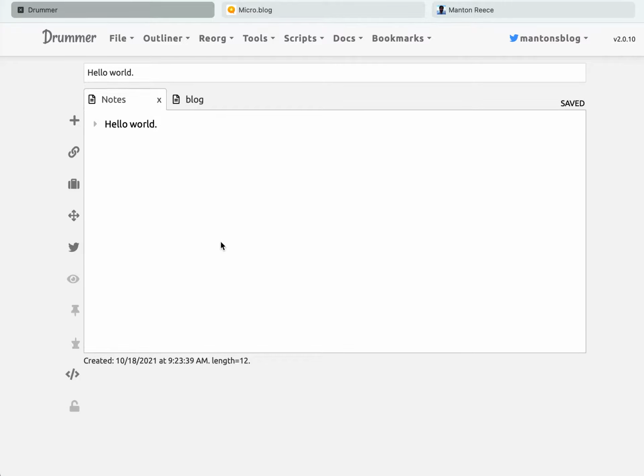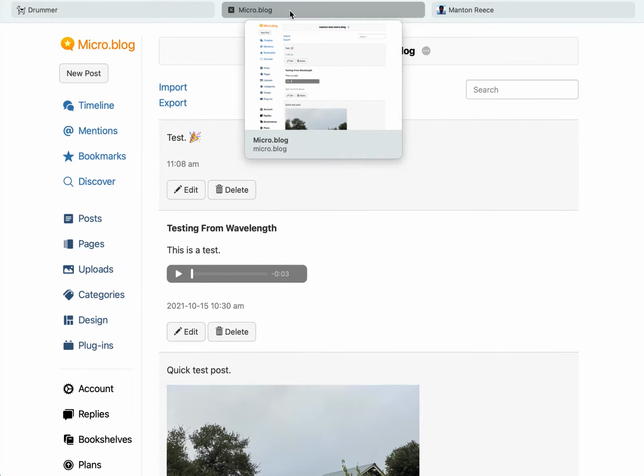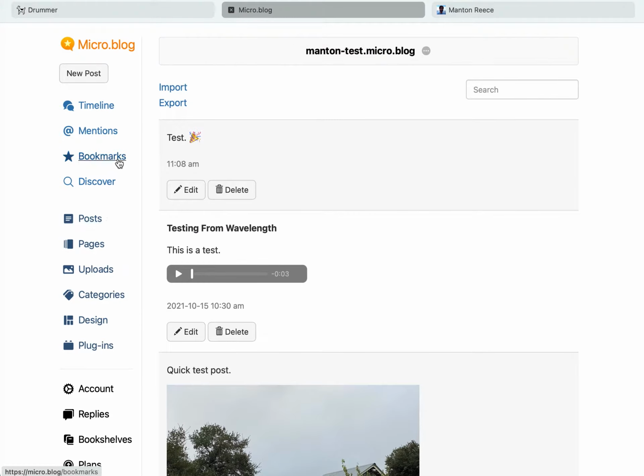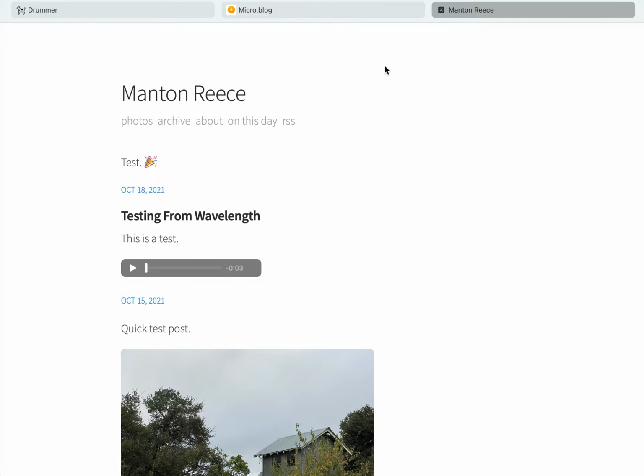And I want to show you the integration that we've added for the Drummer outliner to be able to post to Micro.blog. I'm going to show a couple things here. This is Drummer on the web. I also have a tab for Micro.blog, and I have a tab for what my test blog looks